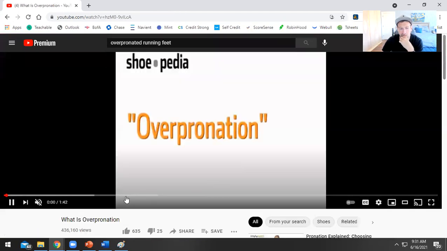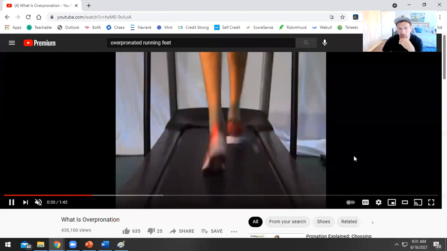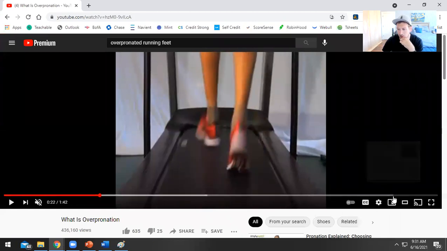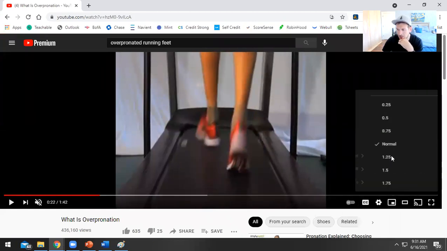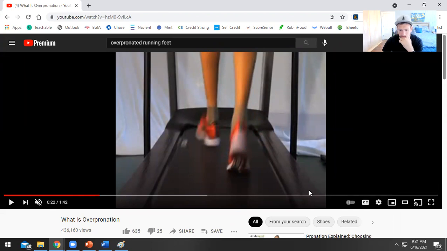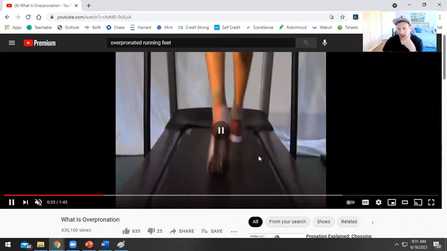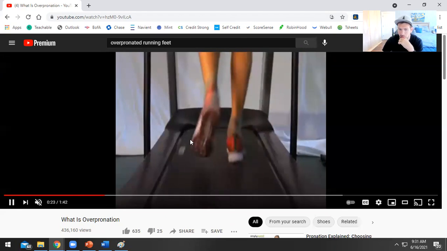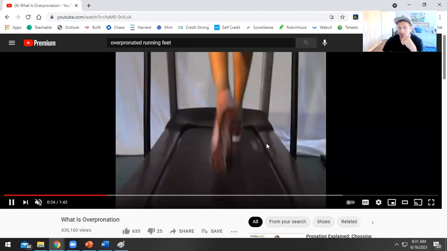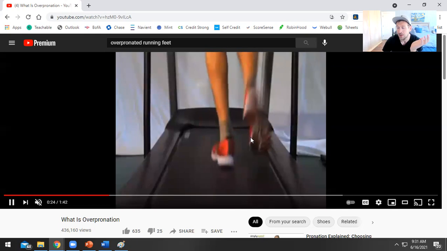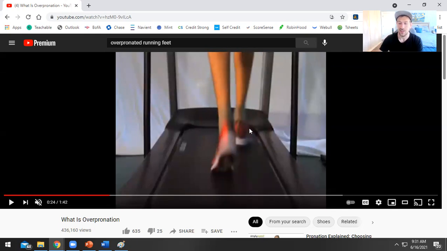So you'll see people who do this overpronation. You can see actually if I slow this down here. Right, see how she's scooping to the side? See how she does this kind of scooping action with each step? That scooping action is because there's a limited amount of dorsiflexion that's happening.